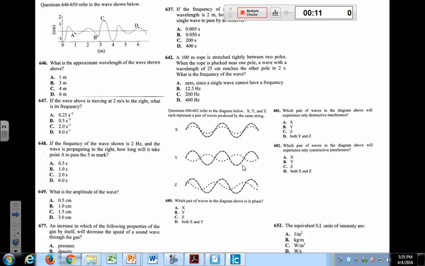It shows you the y displacement versus the x displacement. Remember, the wavelength is where the wave begins to repeat itself. So you want to ask yourself, where does this wave begin to repeat itself? And what is that distance? The distance for one complete oscillation. If you finish that one, go on and do 647, and then also 648.